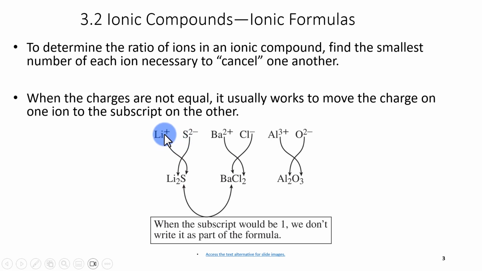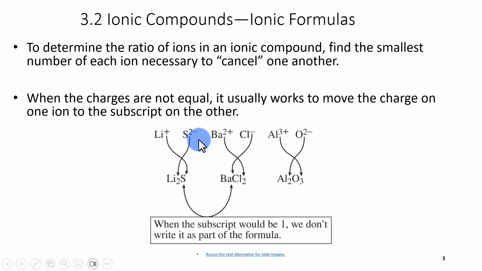Well, if you think about it, I need to get my positive charges to 2, because that's a +1. It needs to be a +2 to cancel the 2-. I cannot change the charge on the lithium. I cannot make this lithium +2 because lithium forms a specific ion, the +1 ion. It cannot form the +2. And therefore, I can't make this a +2. What I can do, however, is add another lithium +1. And lithium +1 and another lithium +1 gives me a total of +2 positive charge that will offset the 2-